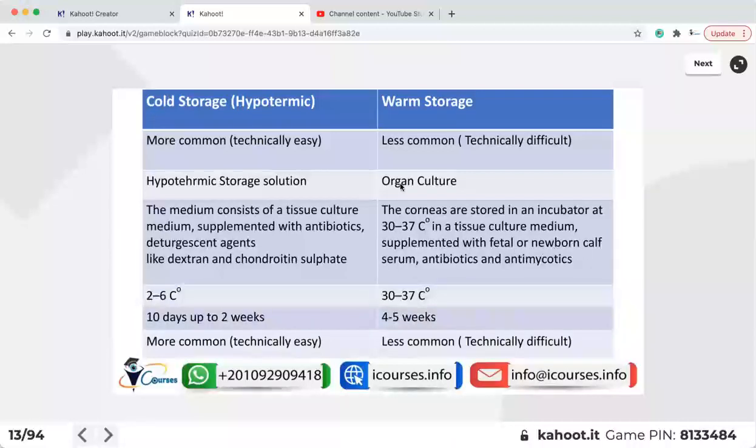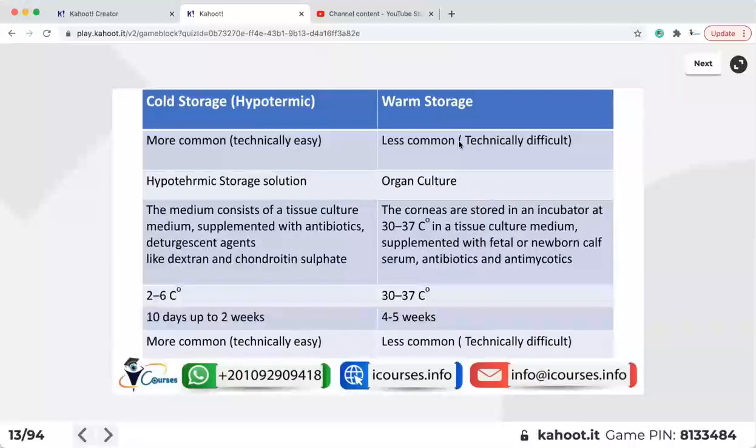That is why it's called organ culture, because we supplement this warm storage with a serum from a fetus, or of course a stillborn or dead fetus, or newborn calf serum,